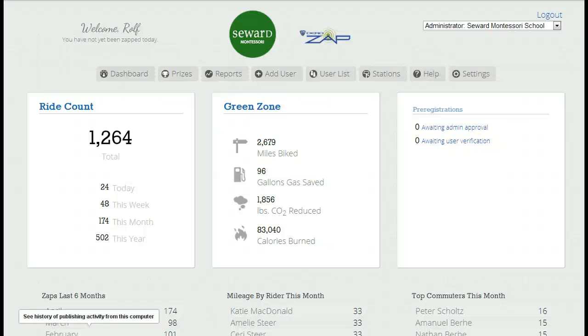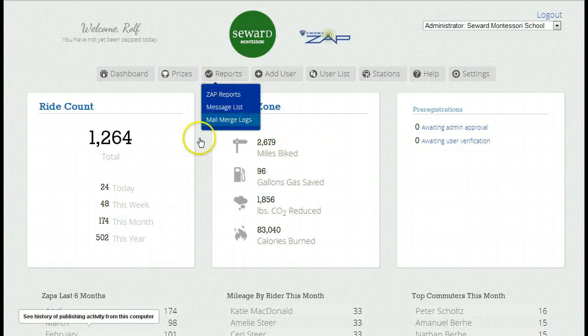In this help video, we'll be looking at running reports and pulling data. So what I'm going to do here is describe how reports are split up. Now, reports are split up between what an administrator sees, you, on your dashboard, and also what a commuter can